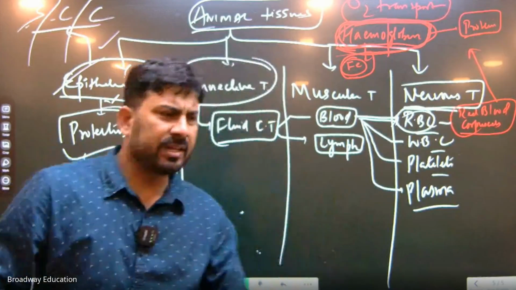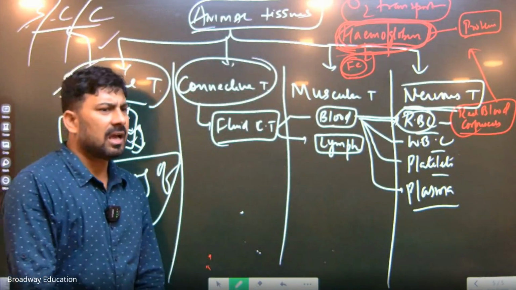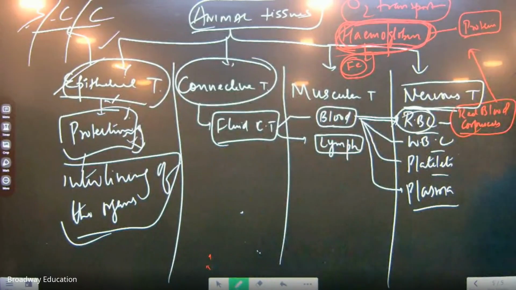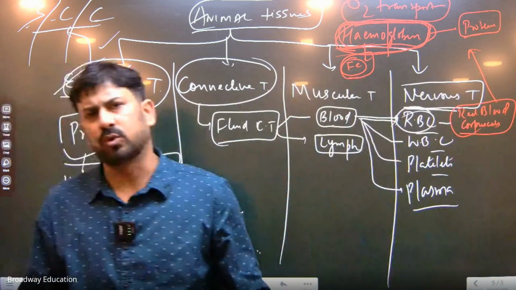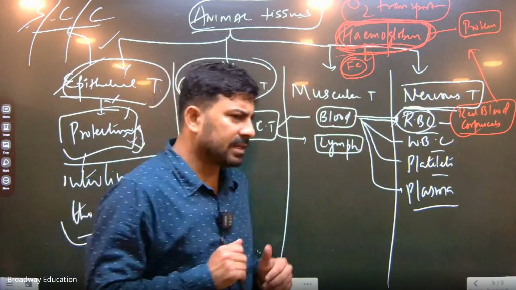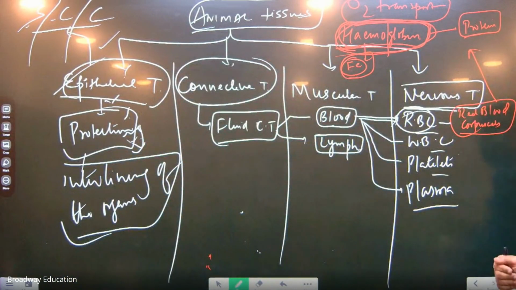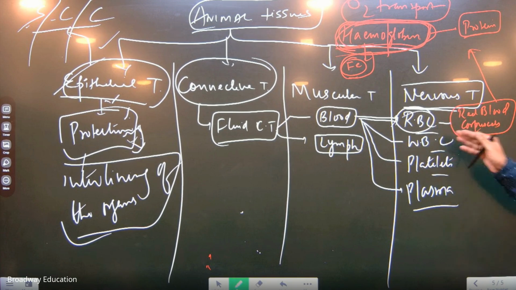Yes or no? So in short, if I summarize everything, I'll say that the blood has a pigment called hemoglobin, which is responsible for O2 and CO2 transport. Is this part clear? Now, the next line which I can say is that the blood is basically divided into 4 subheads. Yes. Now, which are these 4 subheads? One is RBC, that is red blood corpuscles, WBC, white blood corpuscles, platelets, and plasma. Is this part clear?